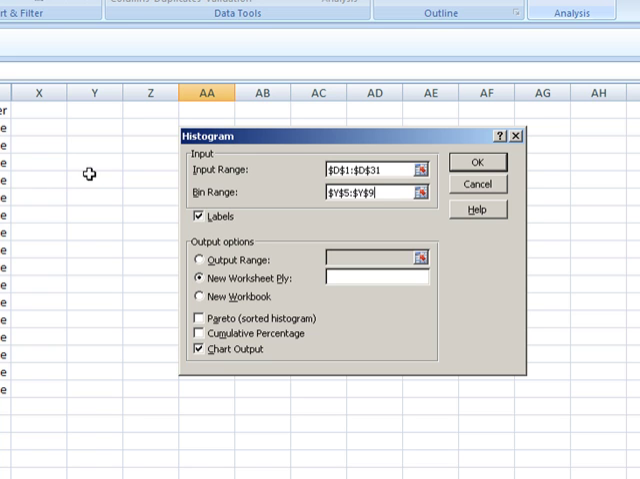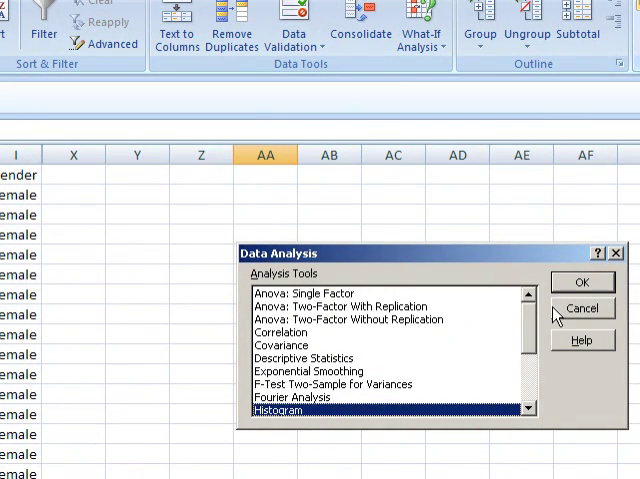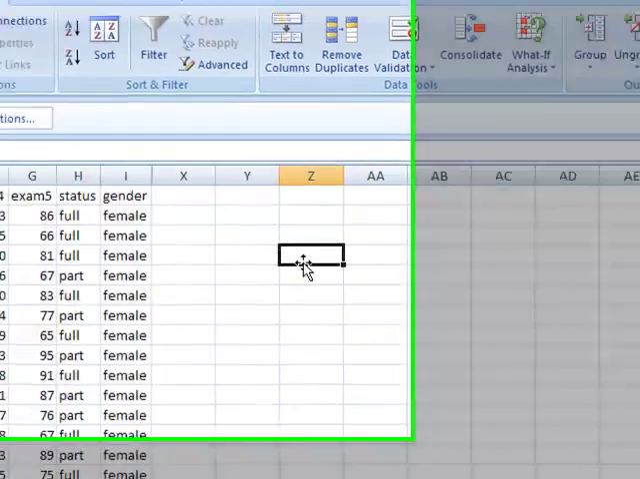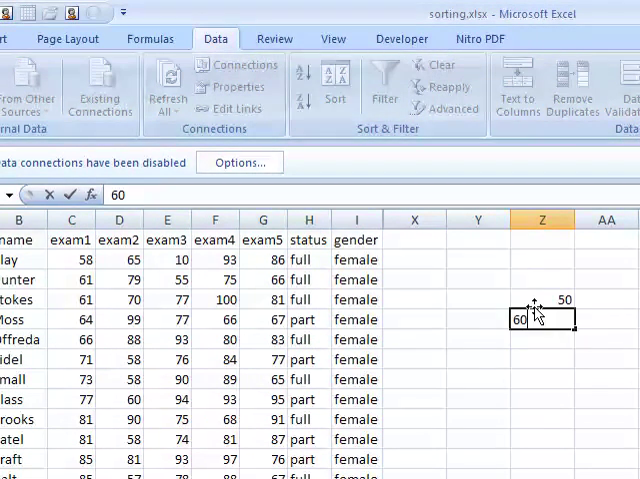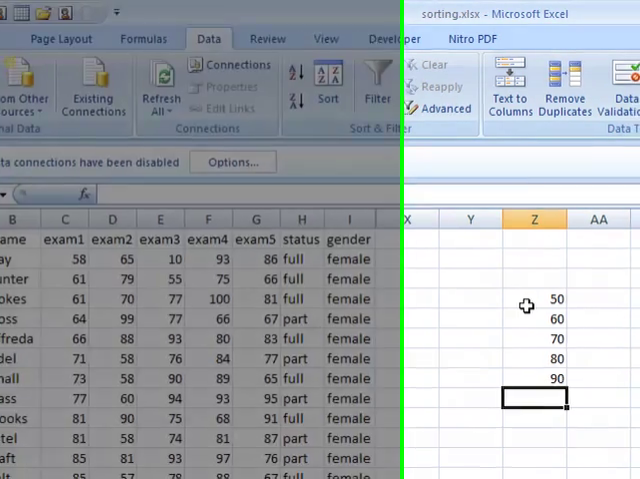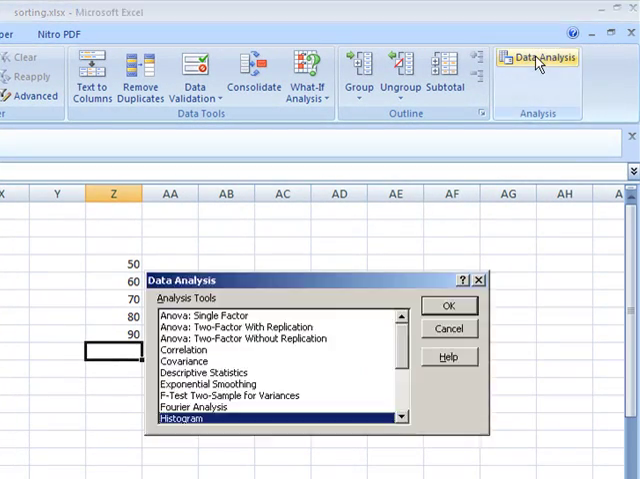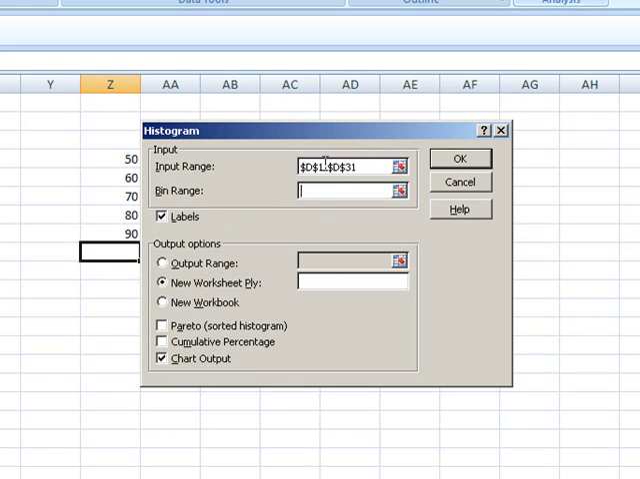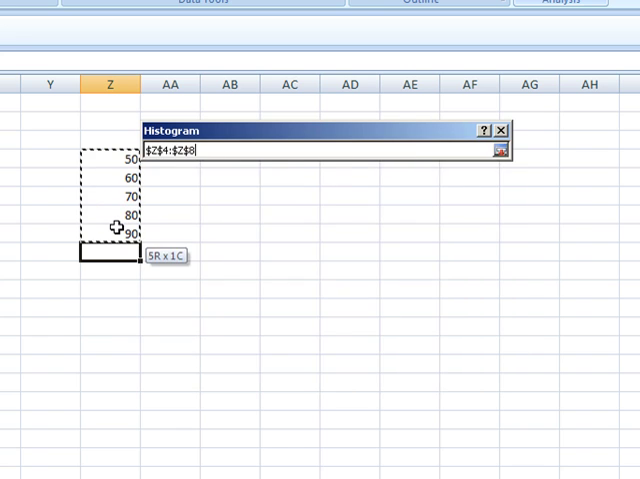Now, in Y5, we need to enter the actual bin numbers and bin label. So let's do that first. It'll be clearer. Let me just cancel that out and put in the numbers that we're going to be using. Let's say 50, 60, 70, 80, 90. Okay? Let's begin this one more time. Let's go to our data analysis, quickly go through it. Histogram, click on that. The bin range now has been defined to be everything from 50 down to 90, and